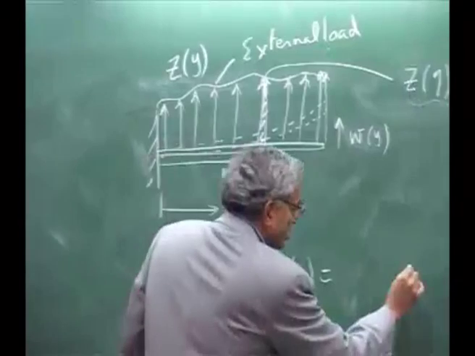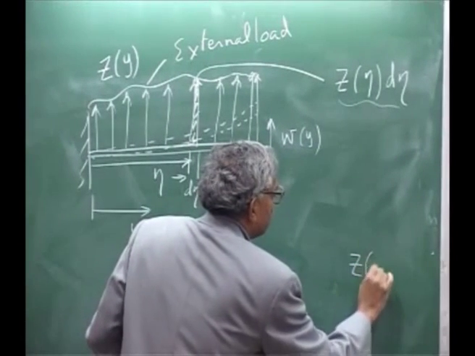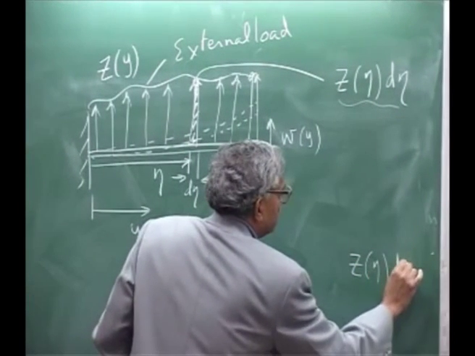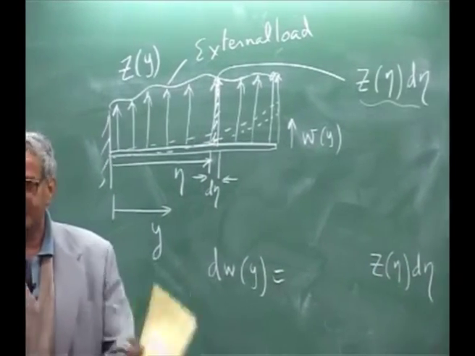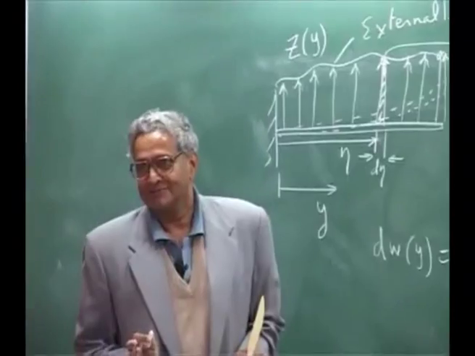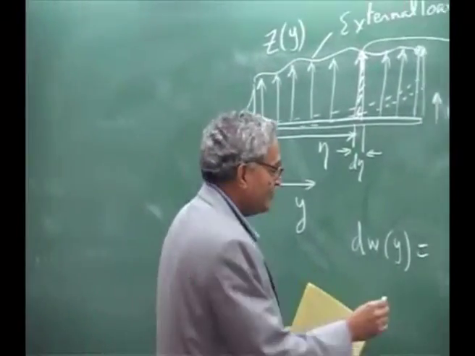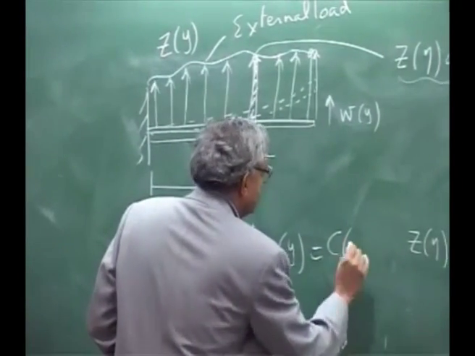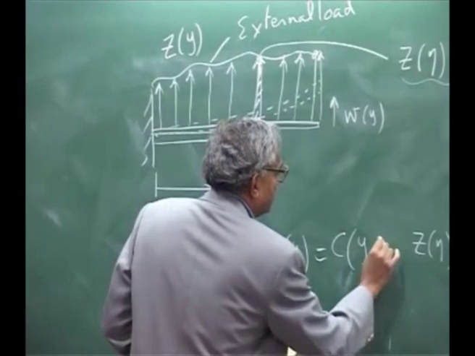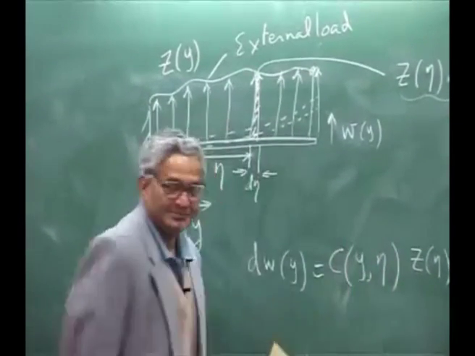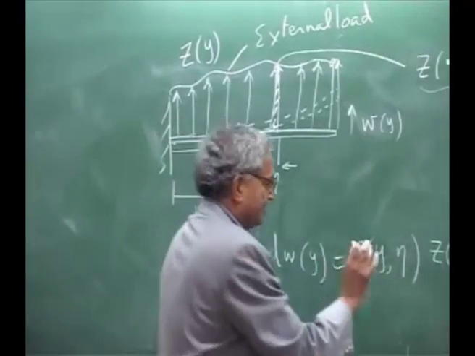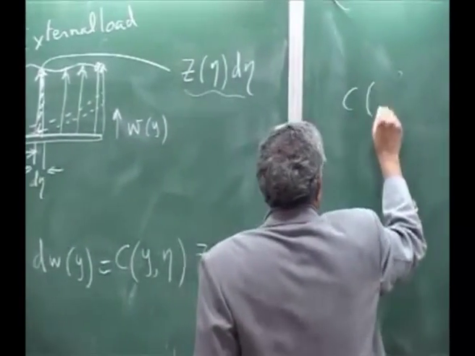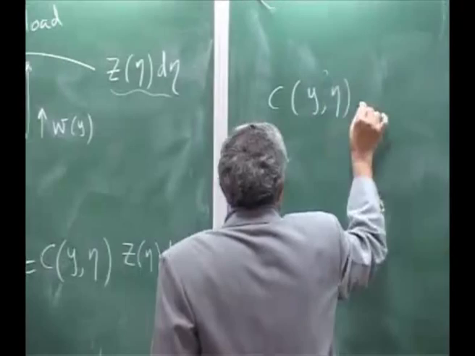Now you know that the loading is z(eta) d eta, there must be some influence function. That influence function we will write as c(y, eta). Okay. That means this factor c(y, eta) represents